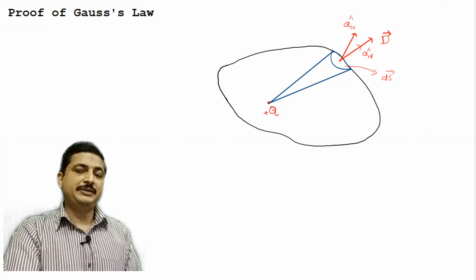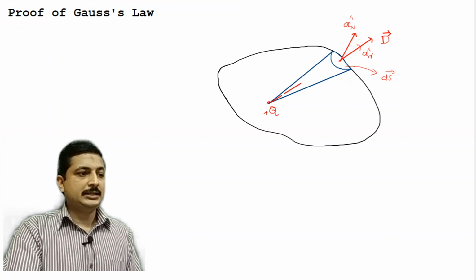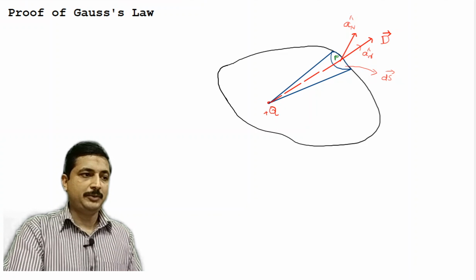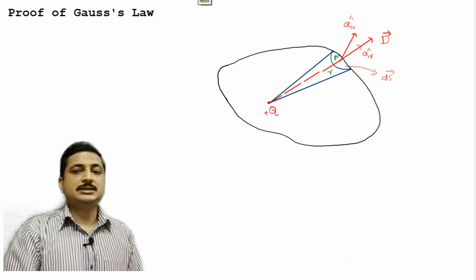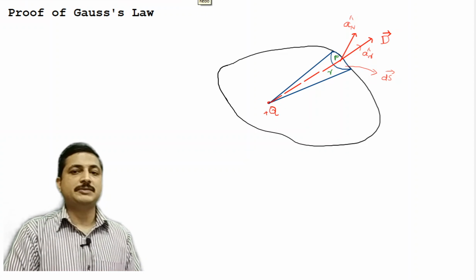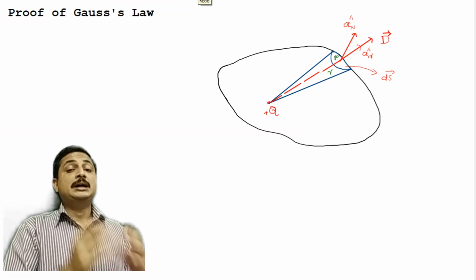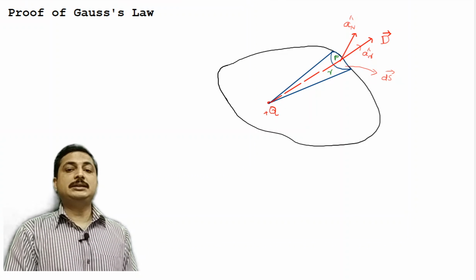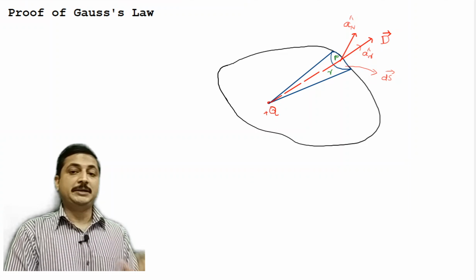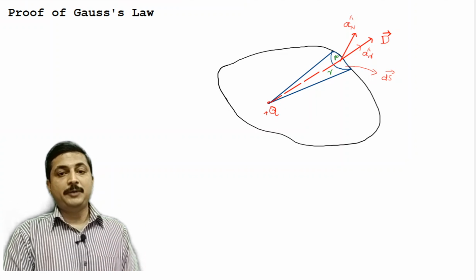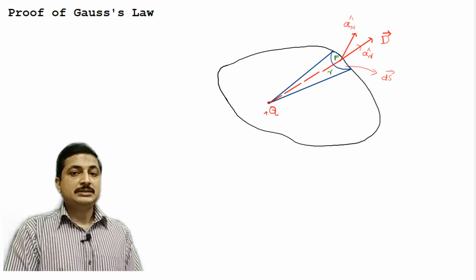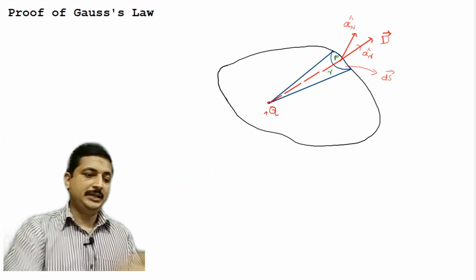And why am I using suffix r? Because I can consider the distance from q to the point P as a small r. If this is my point P, I can consider this distance as a small r. If it was a sphere, then it would be the radius of the sphere. If it was a circular structure, it should have been the radius of that circular structure. But since we have taken an arbitrary shape, I say that the imaginary distance between the charge and that point P on the surface is small r, and my D vector will be in the same direction. So I represent it as a_r cap. Is this diagram fine?